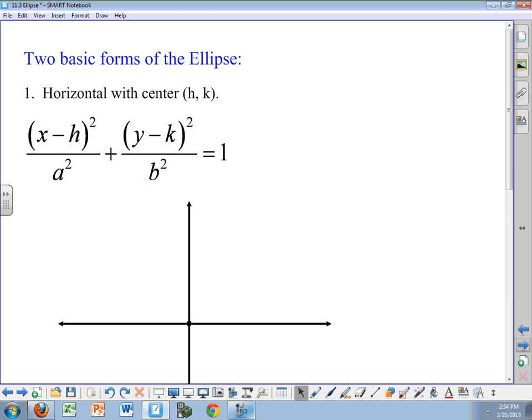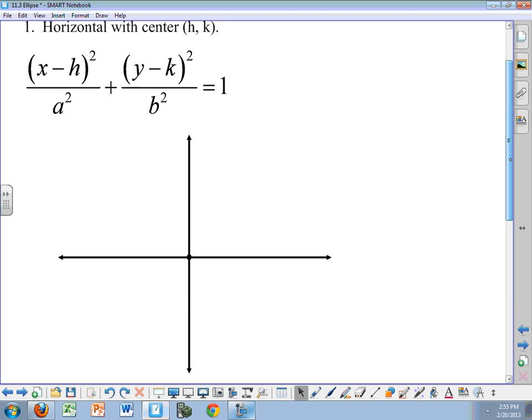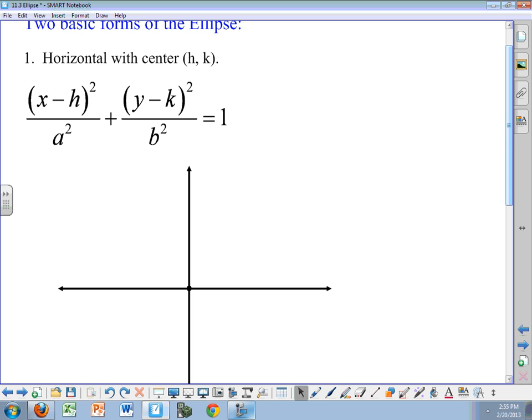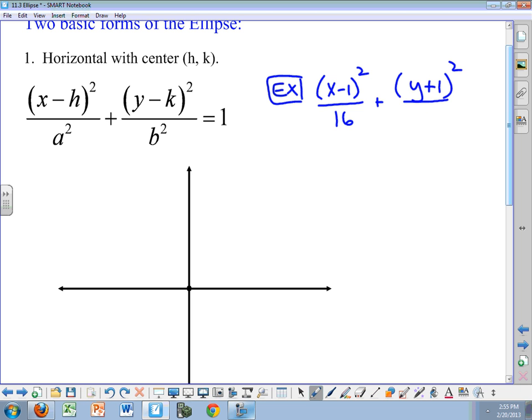Starting with this part, there's a horizontal one, and this is a horizontal with center (h, k). Now a good example of that might be, for example, if I had (x minus 1) squared over 16, and then I had (y plus 1) squared over something like 9 equals 1. That tells me a few things. The h and the k stand for our center,